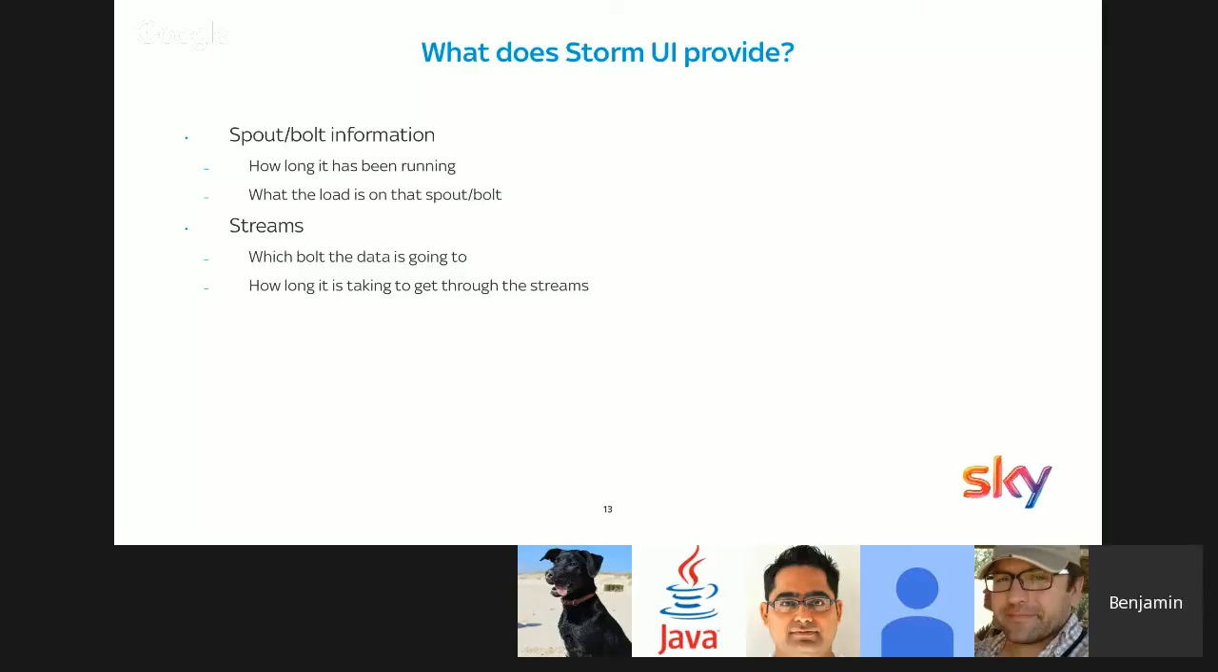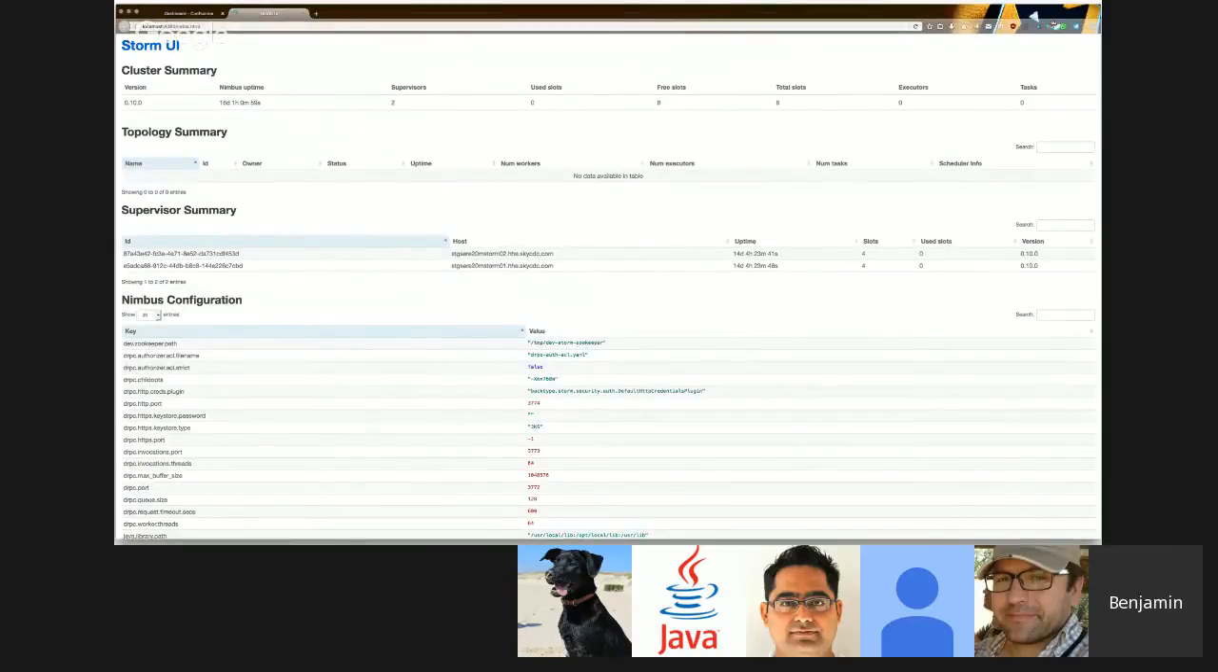So for the streams, it tells you which bolt the data is going to, which is, of course, always great to know the data is actually flowing through, which is already something that we spotted, and how long it's taken to go through the stream. So it provides a percentage of the amount of data that's going through via these streams, and it gives you a time in milliseconds of what the average processing time is. So here's some examples that I got today from our just deployed topology. As you can see, it's got things like your Nimbus configuration, the host that we've deployed our supervisors on, and then here's